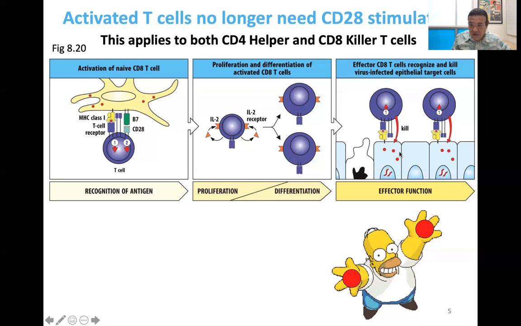Once it's activated and it's gone to work, just as long as its T cell receptor sees the red dot and its CD8 co-receptor confirms, right, that it's being shown this on MHC1, this T cell will release those nasty cytotoxic messages that it has built up in its vesicles. And when this target cell receives those messages, that target cell undergoes apoptosis and dies, right? And the scary thing is, after this T cell killed this one, it just moves to the next cell, right? And then the next one. And just as long as the cell that it bumps into is presenting the red dot, this cytotoxic T cell